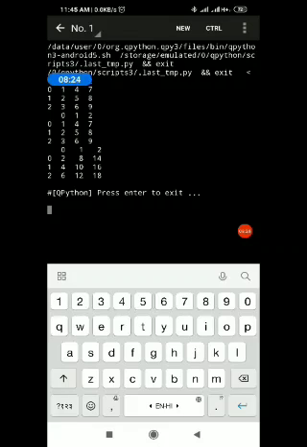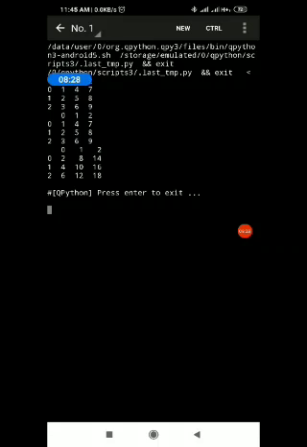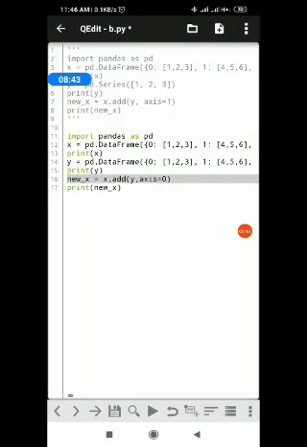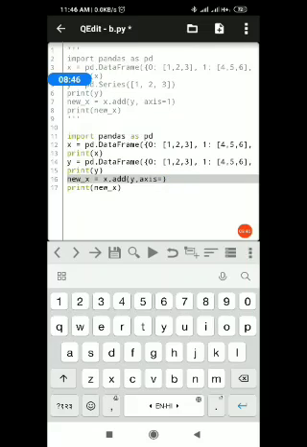So 1 plus 1 is 2, 4 plus 4 is 8, 7 plus 7 is 14. Similarly 2 plus 2 is 4, 5 plus 5 is 10, 8 plus 8 is 16. So it is simple. Okay, so now I am going to change the axis, make it axis equals 1,